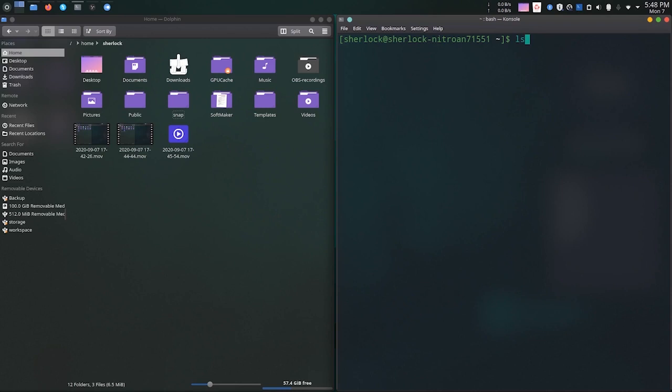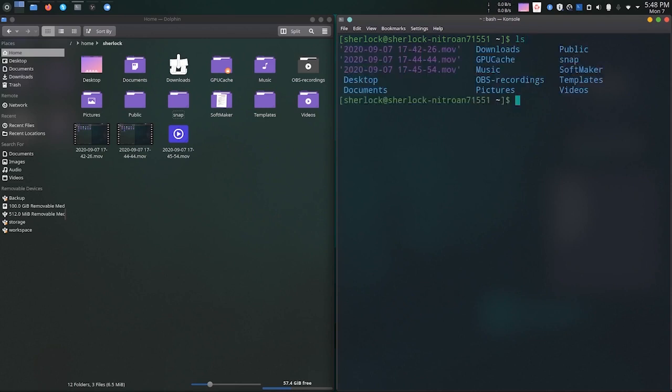By typing ls and hitting enter, I will get the list of the files that are present in the home directory. As I said earlier, by default when you open a console, you will be redirected to the home directory of the current user. So this way you can use ls.